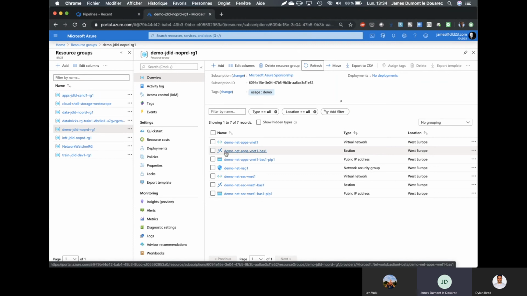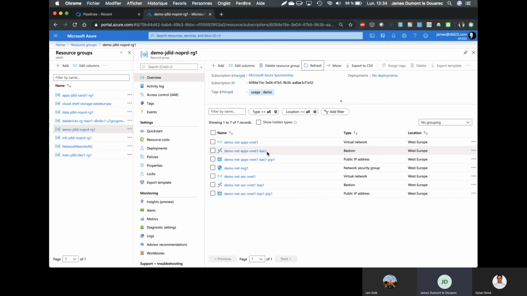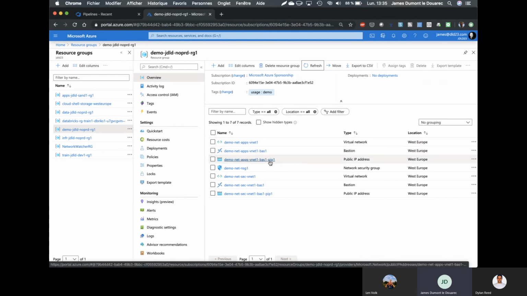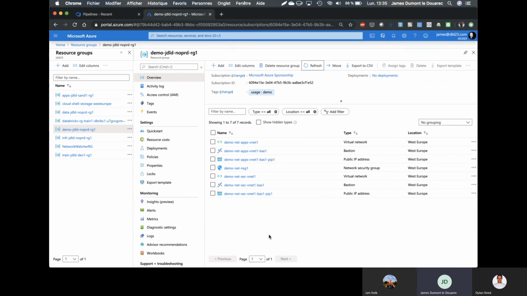If you see my screen, one bastion has already been created here. It's demo net apps vnet vas 1 for bastion, and its public IP is named bas underscore pip 1. So that's how it has been done inside the module.